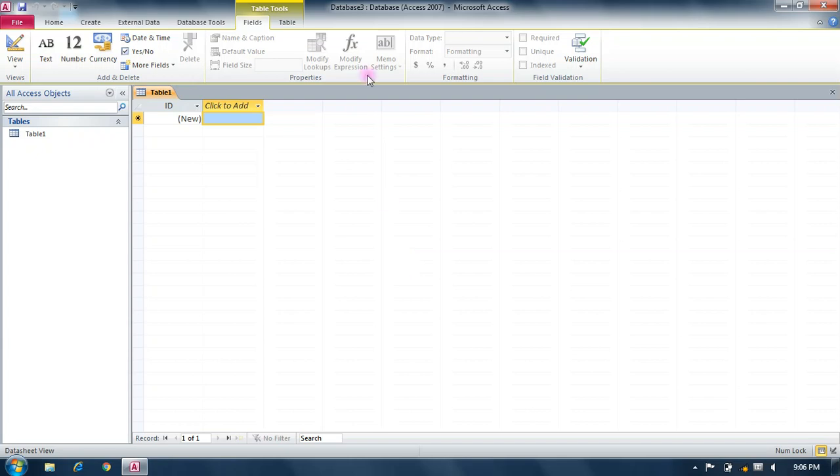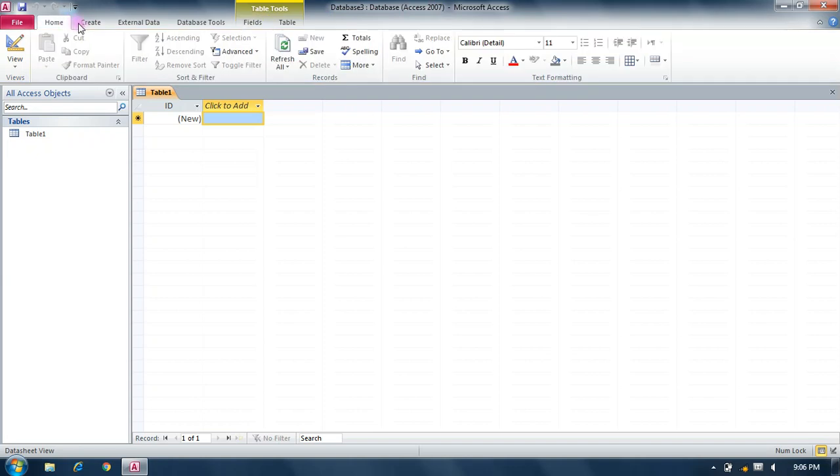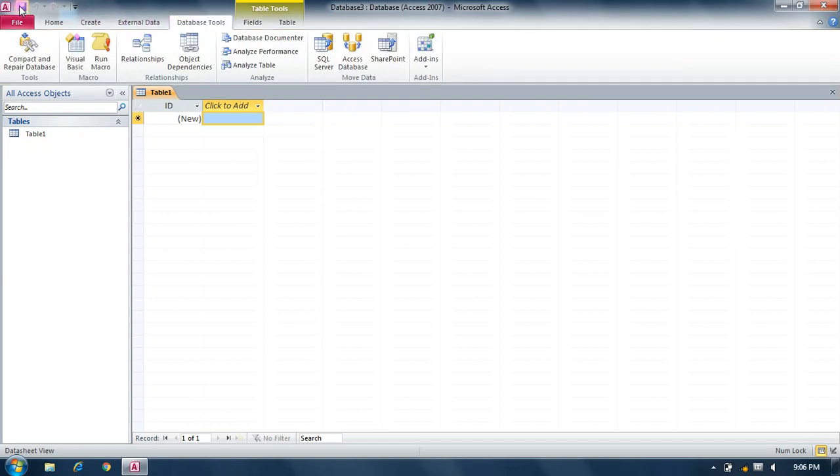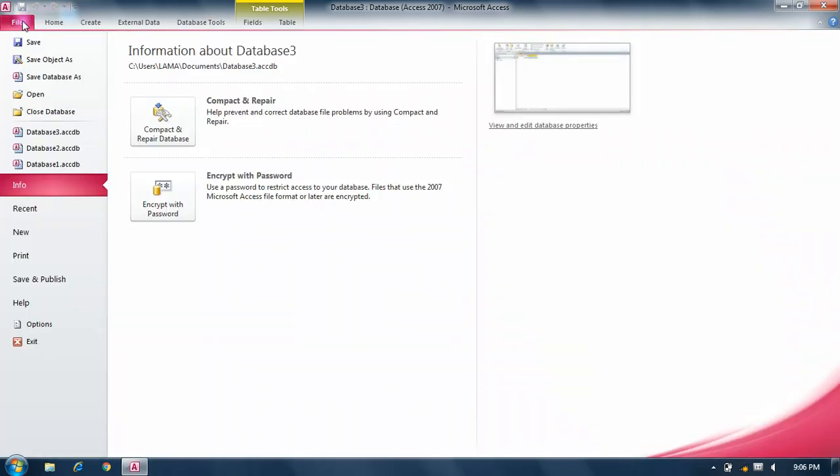It has a title bar, menu bar, a quick access toolbar, and a file menu. The file menu contains different options like save as object, save as database, open, close, recent info, new, print, save, etc.